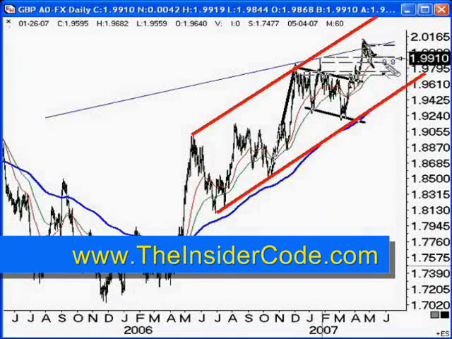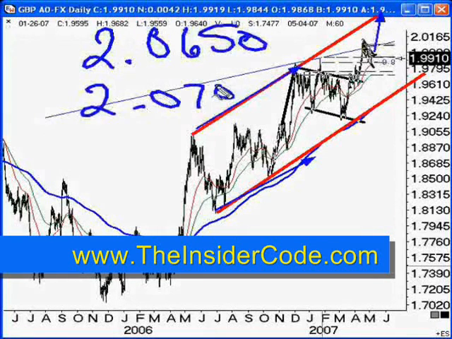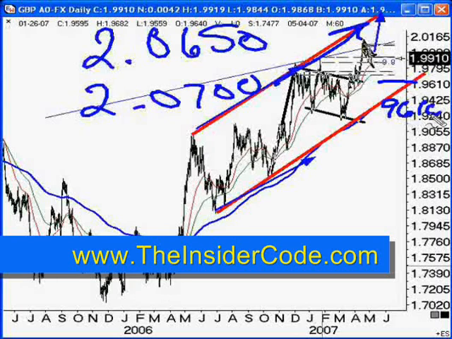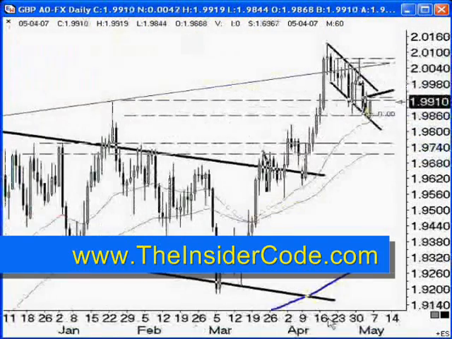So right here we're looking at the market trading inside of our long-term trading lane, which means we're looking for the market to come up here to the top. Remember, target 2.0650 to about 2.0700 up in here. If the market does manage to break down, we're looking at about this 96.10 area as our target for the downside. If it gets really fast, of course, it can get much lower, probably down to about 95.20 on the downside.